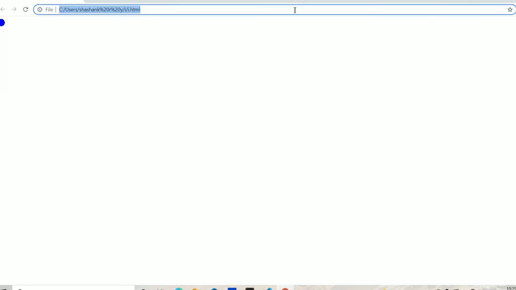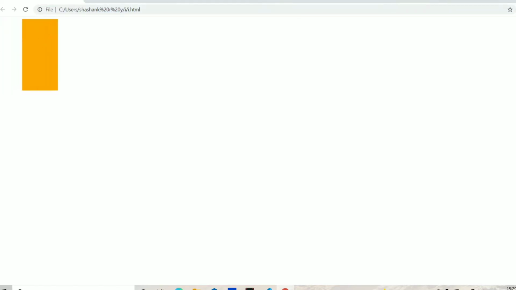It is not still moving. I just reload the page, and as you can have a look here, it is moving from this point to this point. We have mentioned the repeat 2, therefore it is repeated twice. This is how the animation looks like in SVG.